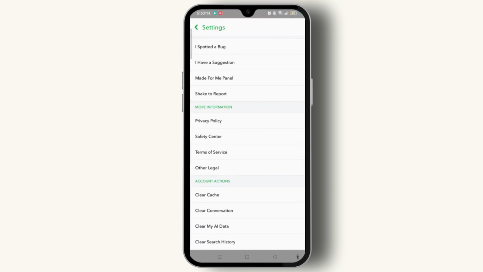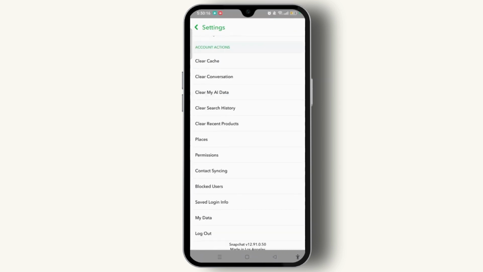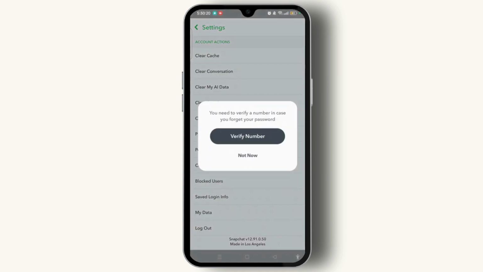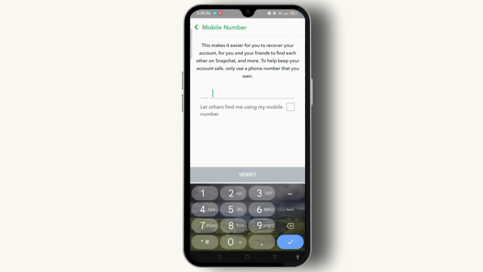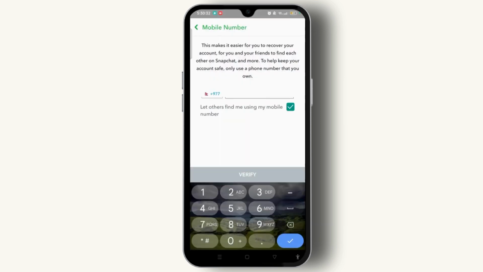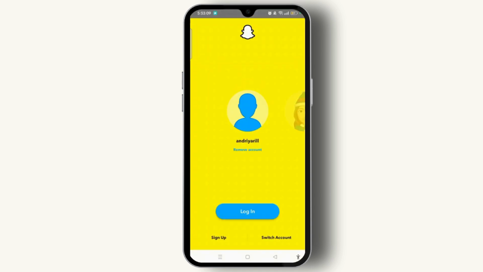And then on the settings page, when you scroll to the bottom of the screen, there is the logout button. Tap on it and then you need to log out by verifying your number in case you forget your password. So let's verify it, and you need to allow Snapchat to make and manage phone calls. As you can see, we have already logged out of that particular account,